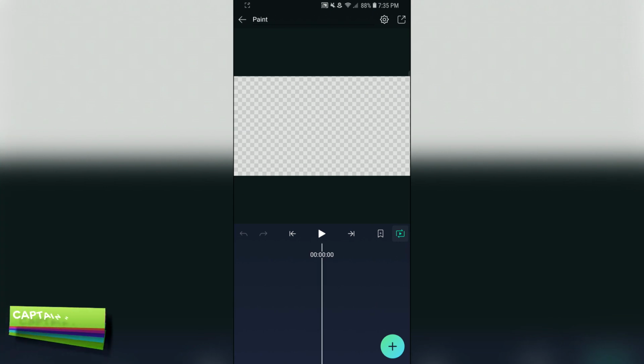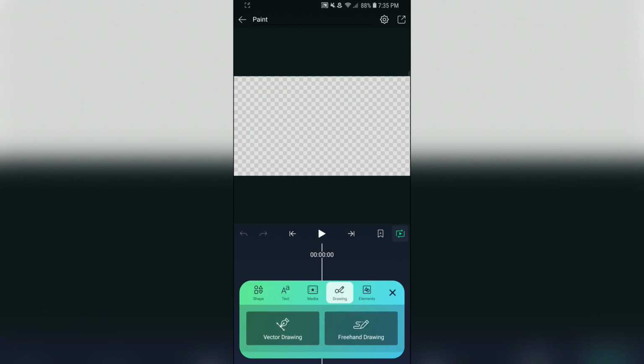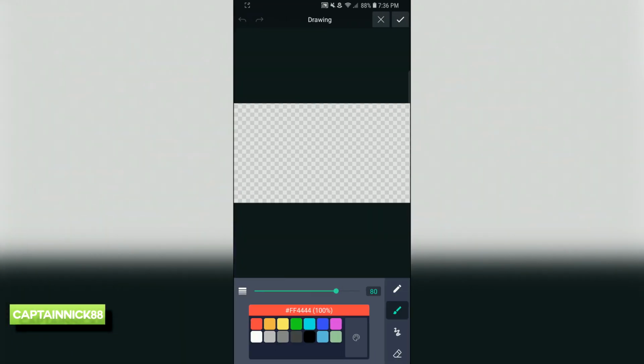You're going to click this plus button and go to drawing. Now, currently you can only do this method with freehand drawing, but I talked to Matthew over at Alight Motion, and I told them if they could possibly try adding drawing progress for vector drawings as well, so that you can have much smoother lines, and they might add it, I'm not sure, but we'll find out. It's just something that I thought should be added. But just click on freehand drawing,